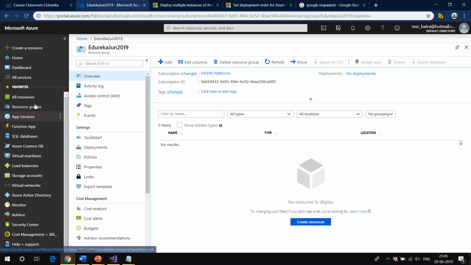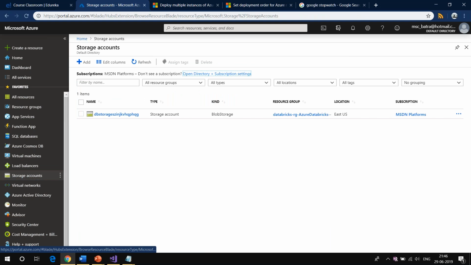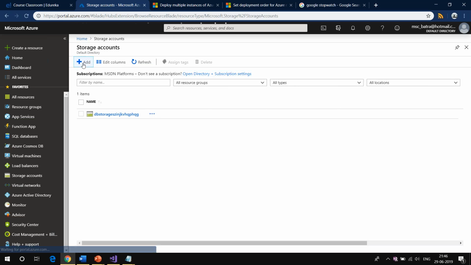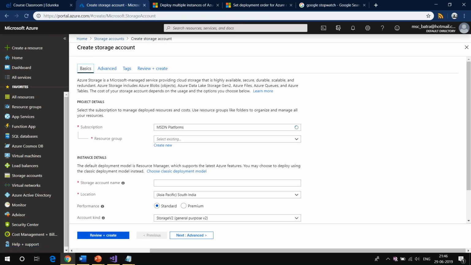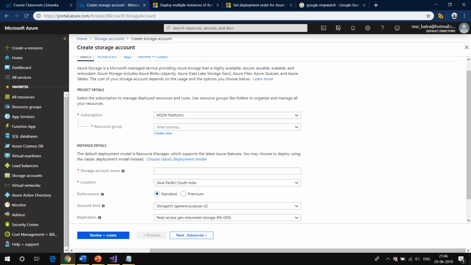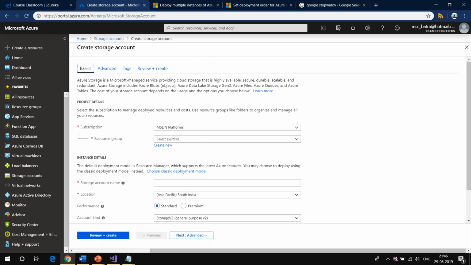Okay. All right, so what we have done is create a resource group. Now let me show you how we can create a storage account. So I'm going to go to storage accounts. Now remember, this is the first class. It's going to be a bit light, not heavy, so I'm just going to show you some basic things. I'm going to click on add here and create the storage account. Remember, the idea here is not to show you the different properties of a storage account. This is just to show you how you can create a storage account under a resource group.